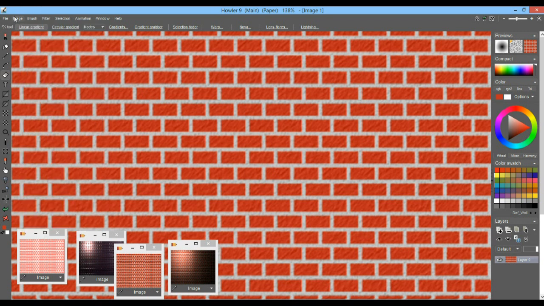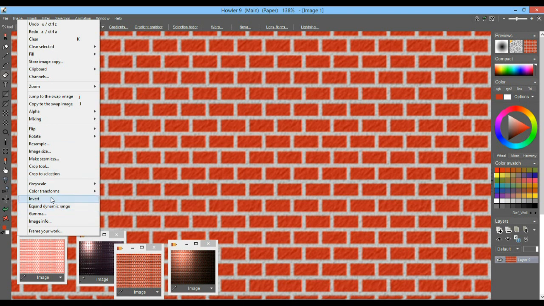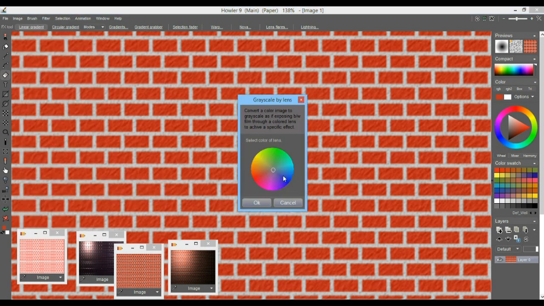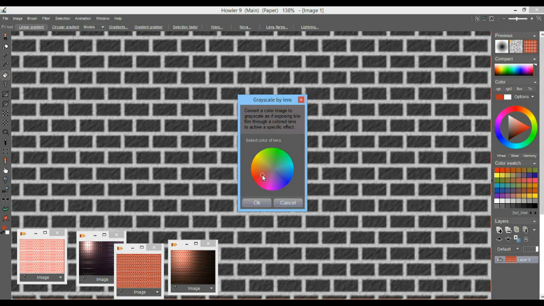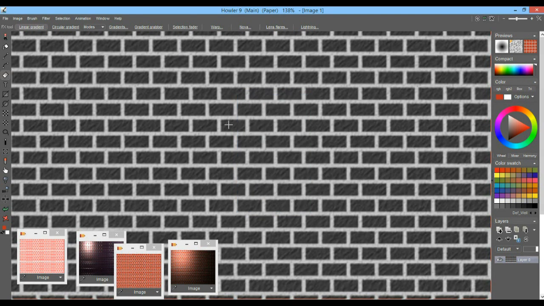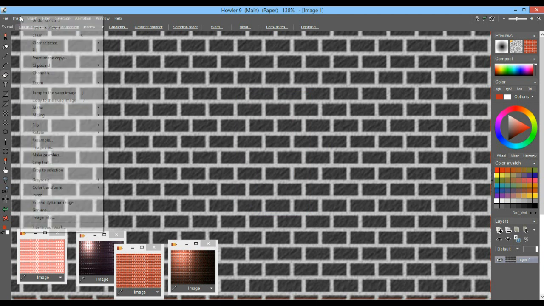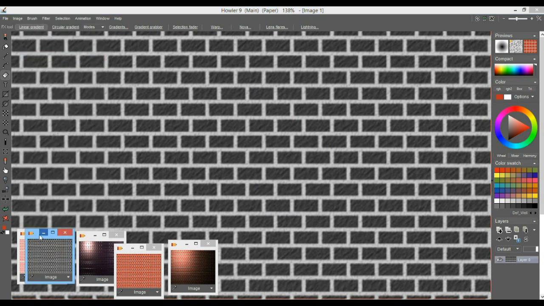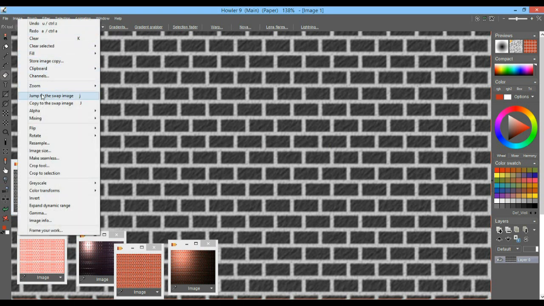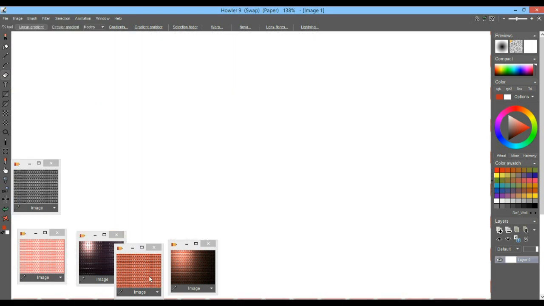Actually, let's do the coloring. So turn it to grayscale. The only thing we're focusing on right now is the bumpiness that we have on it. So let's make this a bump map that we will keep in the swap image. So let's copy that to the swap image, and then we bring back